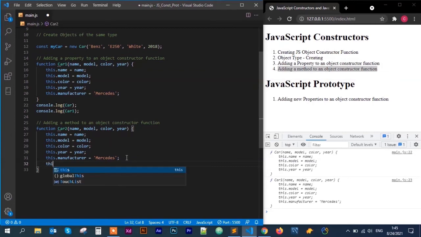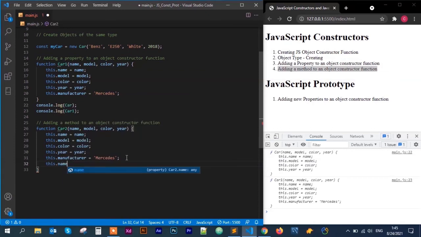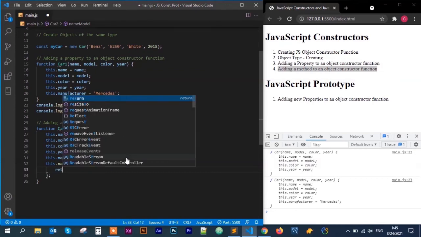So we're going to use this dot. Remember that this keyword, name model equals to. So a method is a function inside an object. So the same way here, it is function. All right. Create an empty function there. Then we can terminate that, and then we return